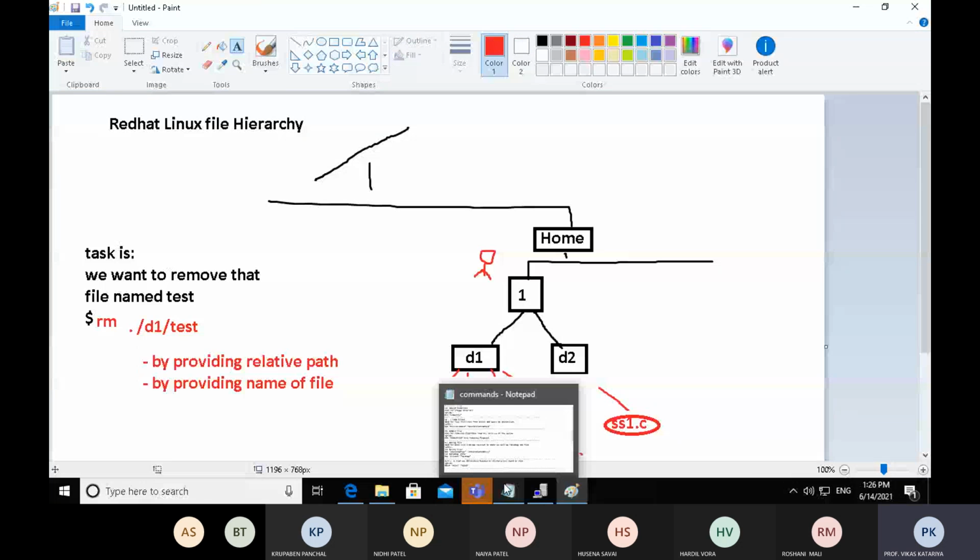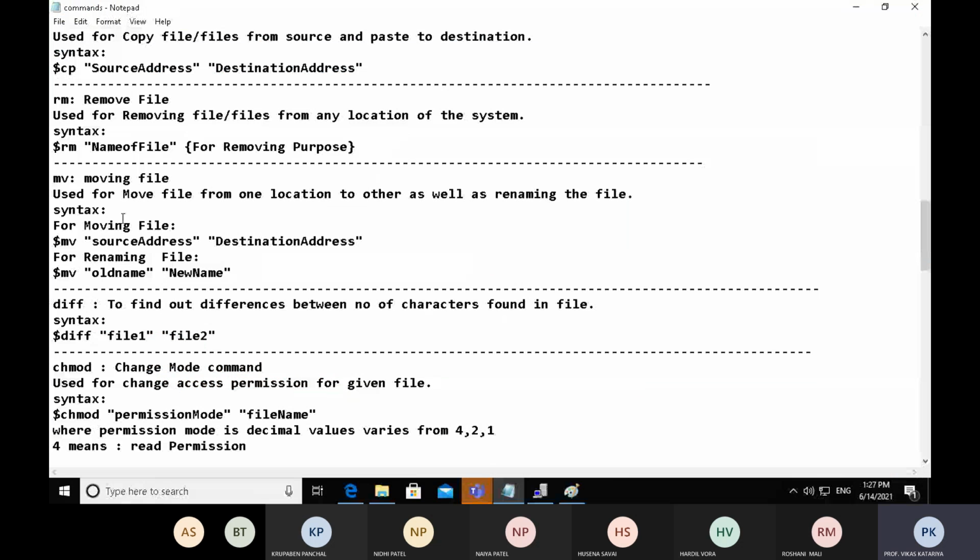Now the next command: moving from one location to another location. If you want to move a file from one location to another, use the mv command followed by the source address and the destination address.